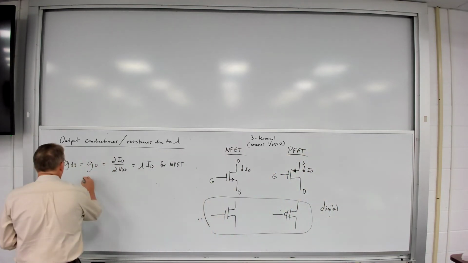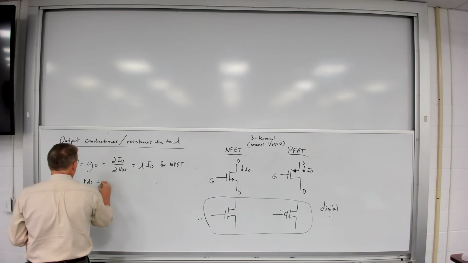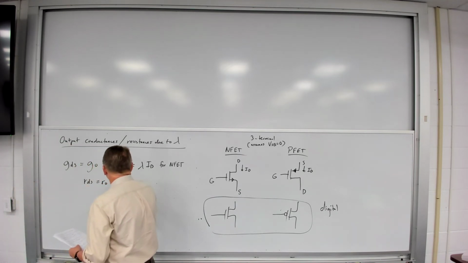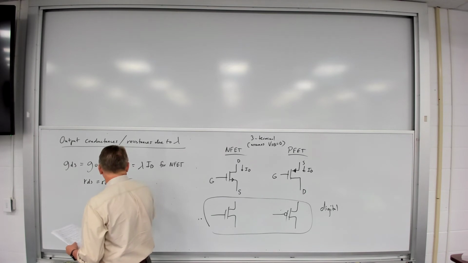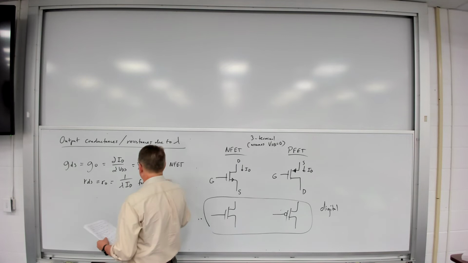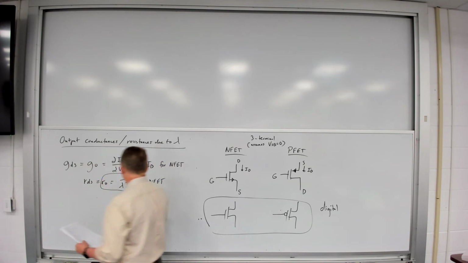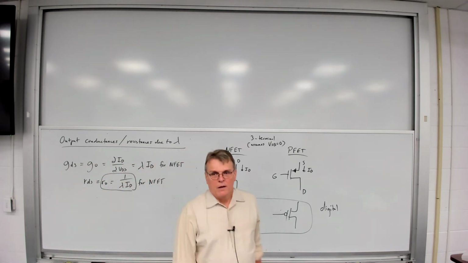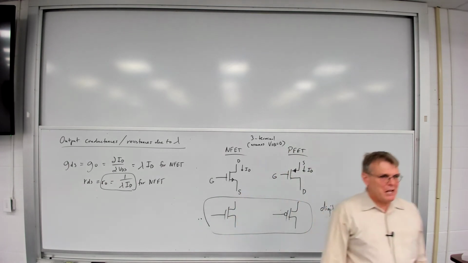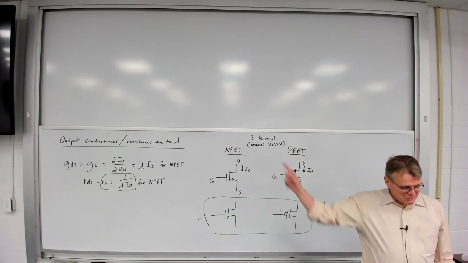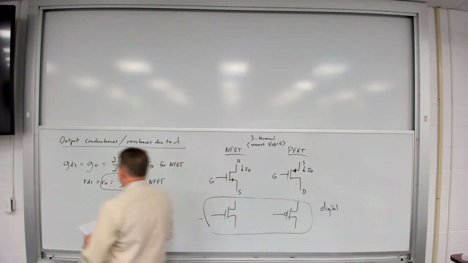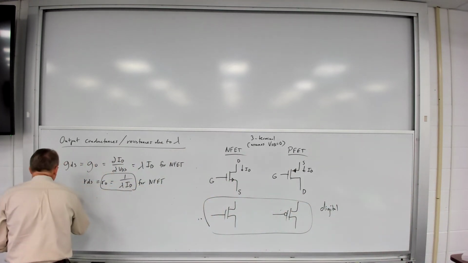Therefore, RDS, or R sub O, is going to be equal to 1 over lambda times ID for the NFET. Turns out that number is going to be very important when we start doing small signal analysis with transistors. We're going to use that equation, that resistance value. And along the same lines for the PFET,